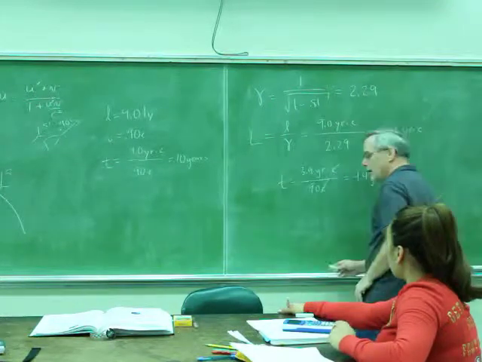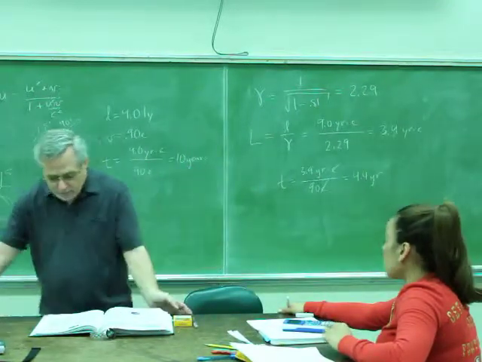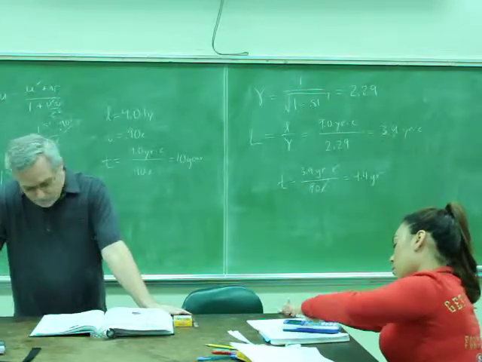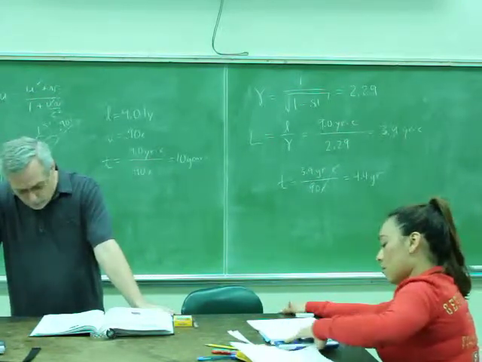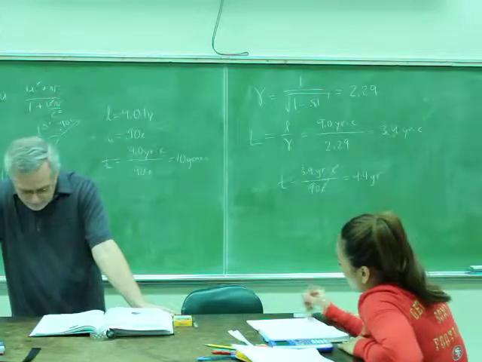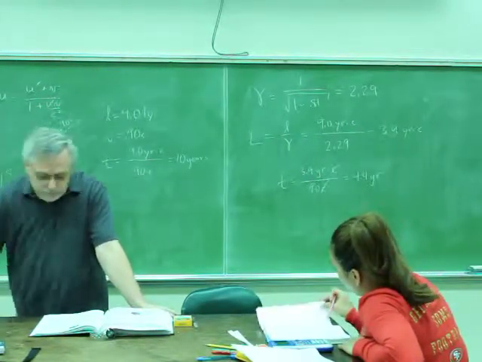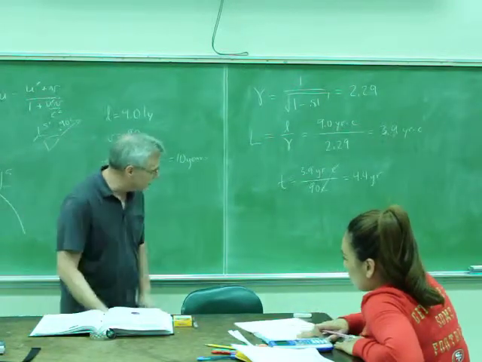Okay, so we got the time being 4.4 years. Now, according to the scientists on the spaceship, what is the distance traveled during the trip? Oh, well, you know what they did was, that's fine. They used gamma instead of what we did, but that's all cool. All right, so they just asked questions that we've already answered.